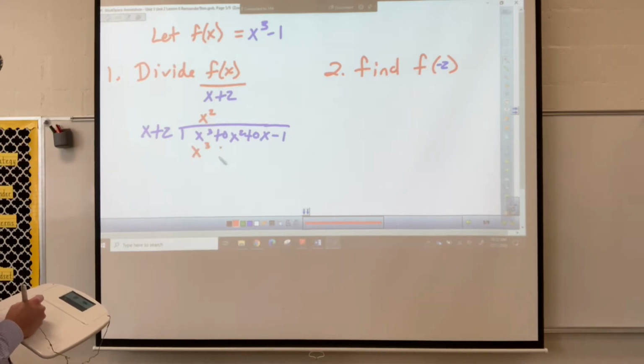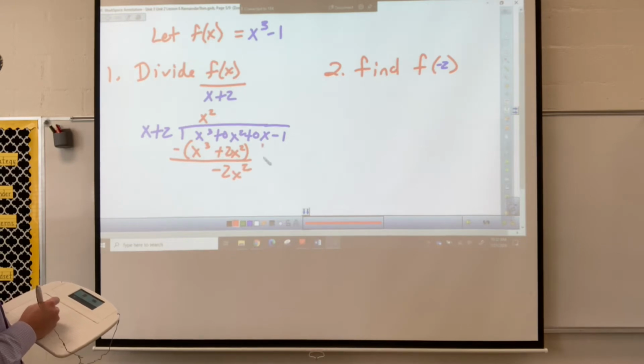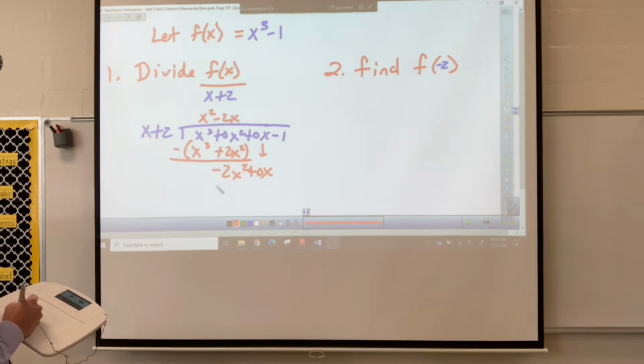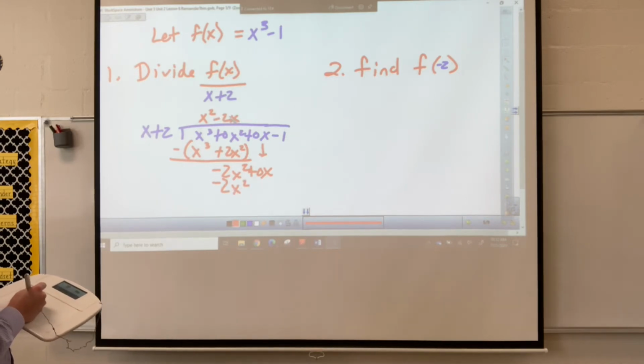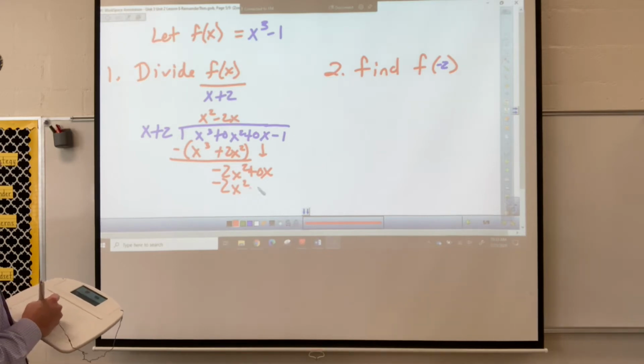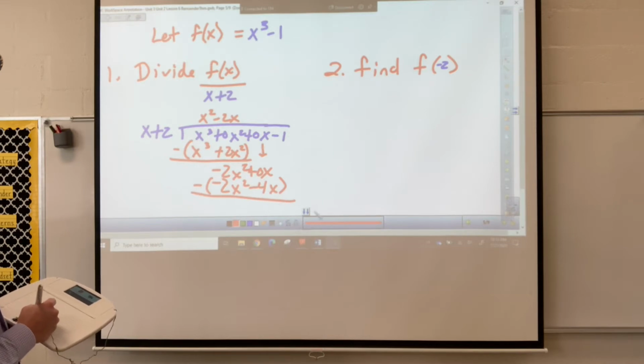X squared times 2 is 2x squared. Don't forget to subtract. You're going to get negative 2x squared by doing that. Bring down the placeholder of 0x. X times negative 2x is going to give us negative 2x squared. Negative 2x times 2 is negative 4x. Don't forget to subtract. Leaving us with,